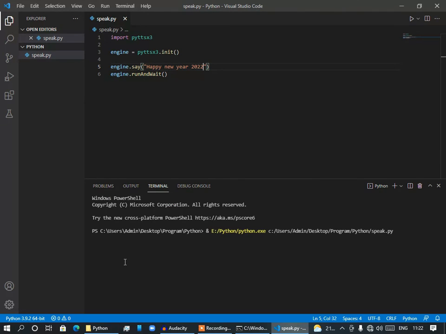Happy New Year 2022. As you can see, the program worked correctly. I am playing it once again. Happy New Year